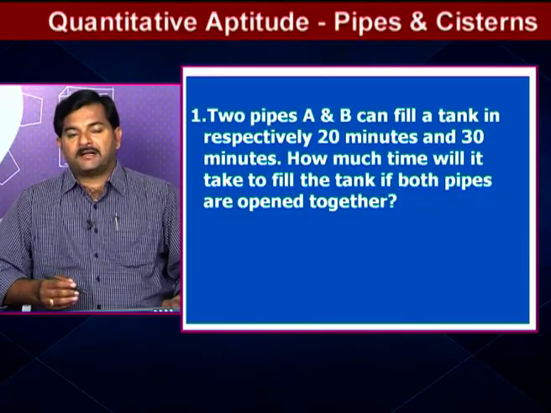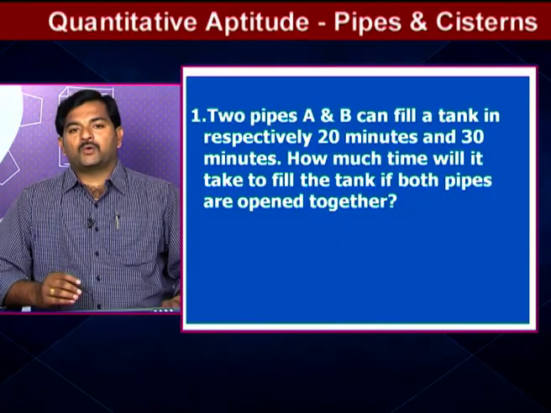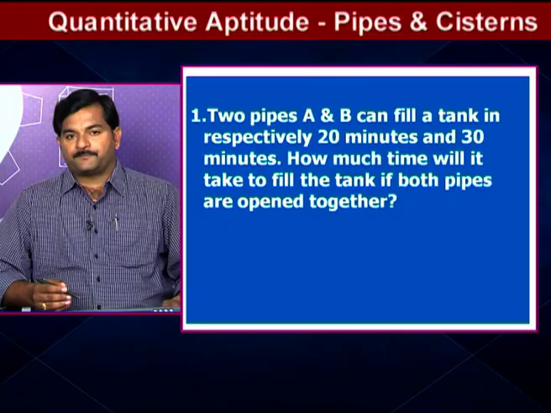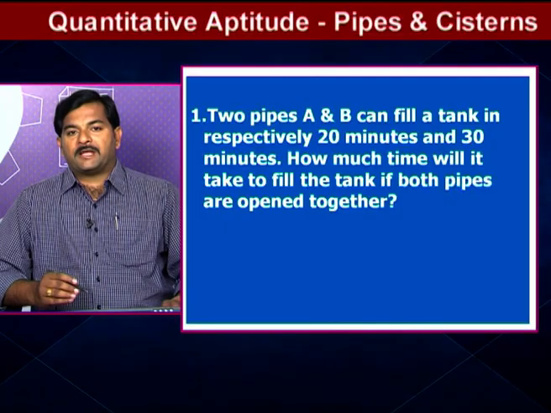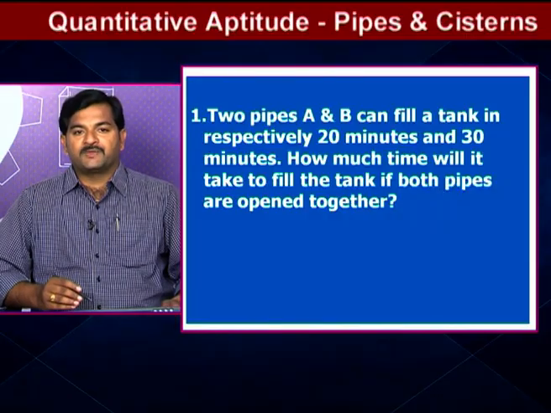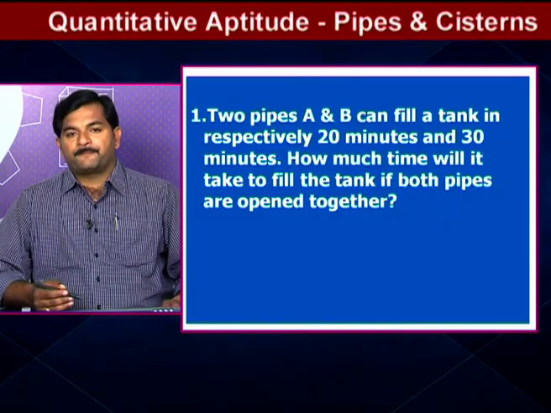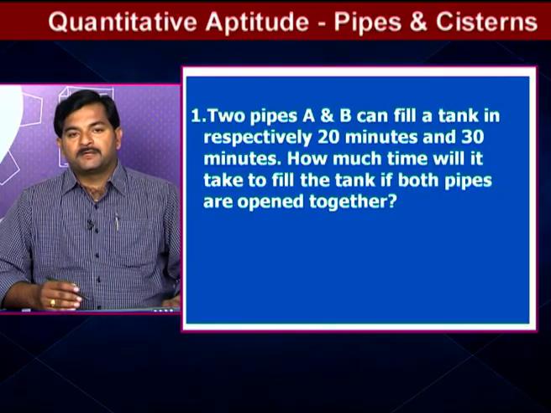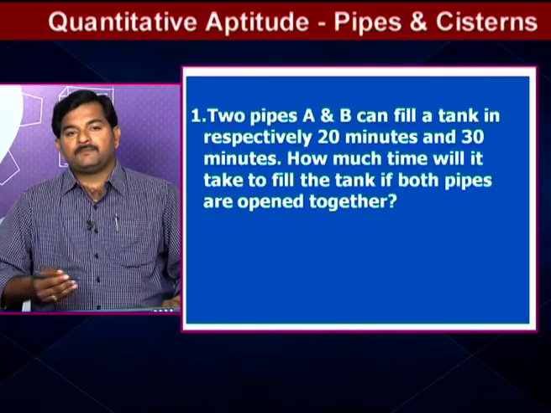That is, let capital A, B be two different pipes. Pipe A can fill the tank or cistern in 20 minutes. Pipe B can fill the tank or cistern in 30 minutes. If both are working together, or if both the pipes are connected to a tank, then in how many minutes can the tank be filled? See, if you observe this, the way of asking the question is different, but numerically the values are the same.